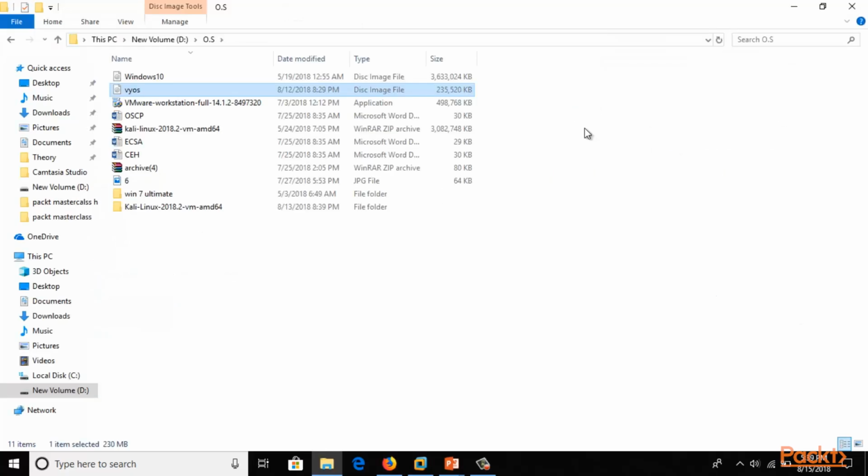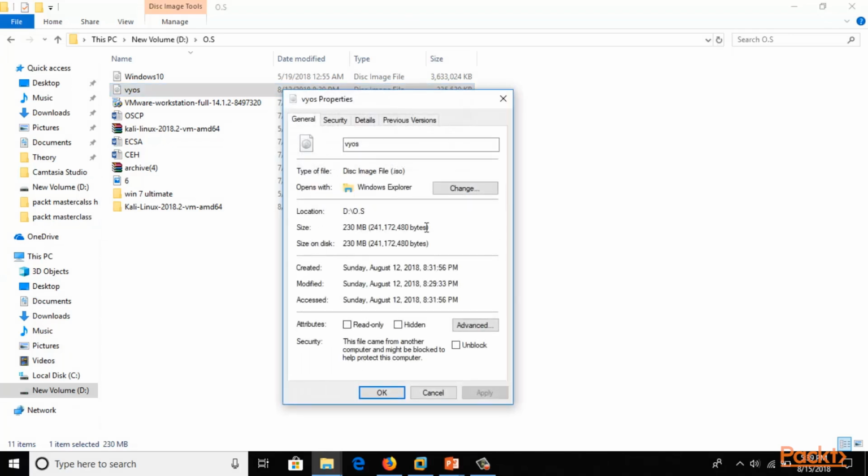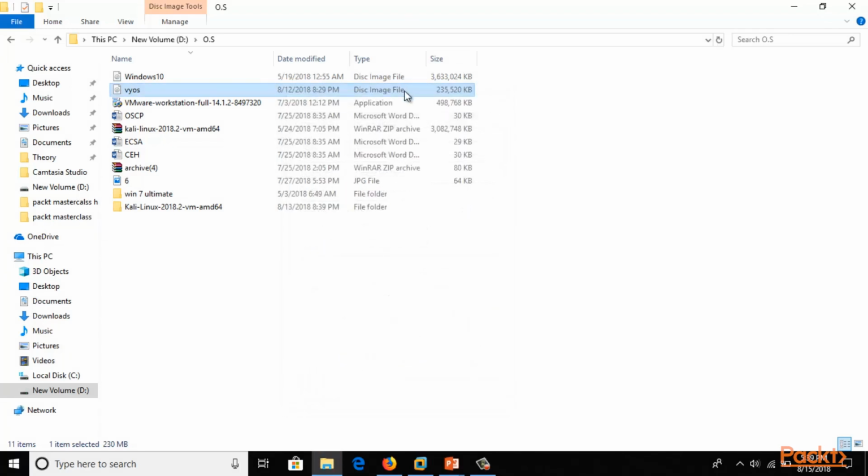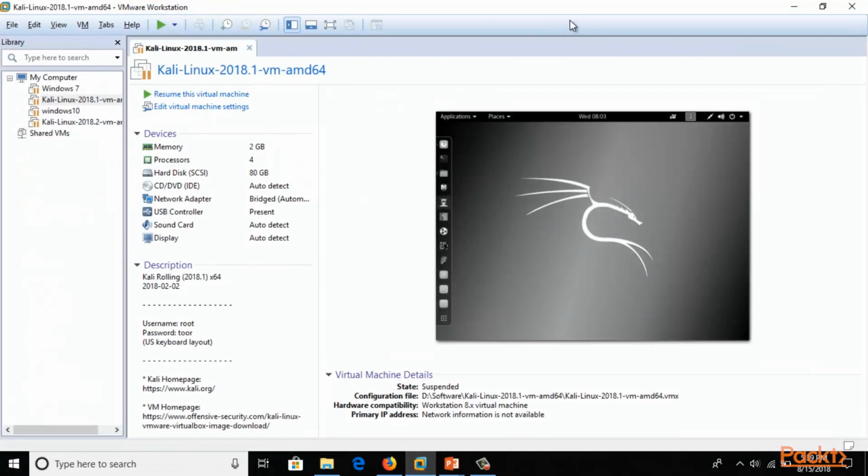So guys, I have already downloaded that VyOS version, and here you can see that it is available inside my D drive. If you look at the properties, this is a 230 MB ISO file. Now I'm going to show you how you can install or run it inside the virtual machine or VMware. So you can open your virtual machine. This is my VMware Workstation, and to create a new virtual machine, you can simply click on File, click on New Virtual Machine,